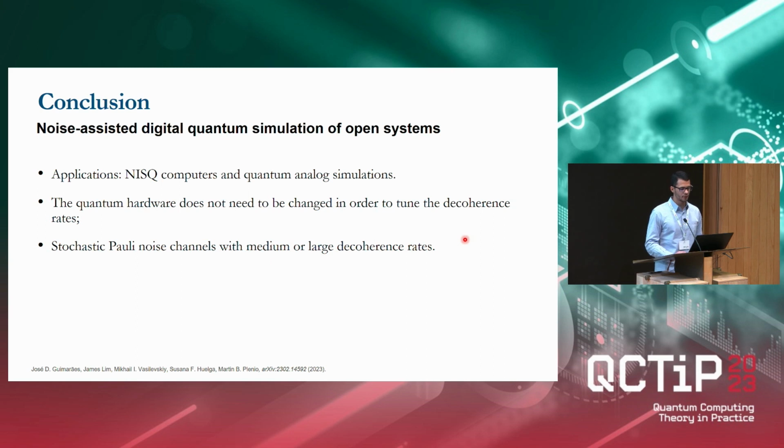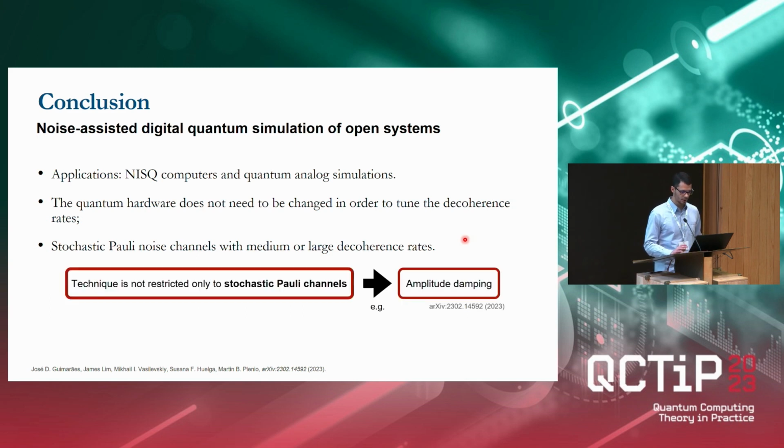The third point is that we believe the most efficient types of noise to be simulated with this technique will be stochastic Pauli noise channels with medium or large decoherence rates. However, I remark again that this technique is not restricted only to stochastic Pauli channels. For example, in the preprint we published about this work, we also talked about how to implement amplitude damping in addition to the stochastic Pauli channel. And finally,